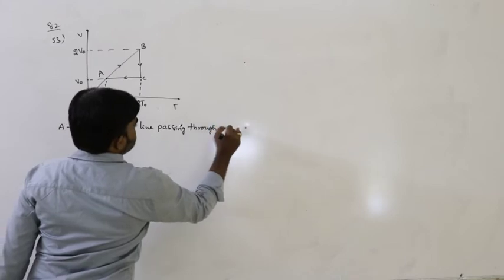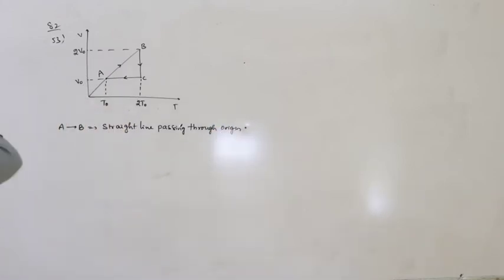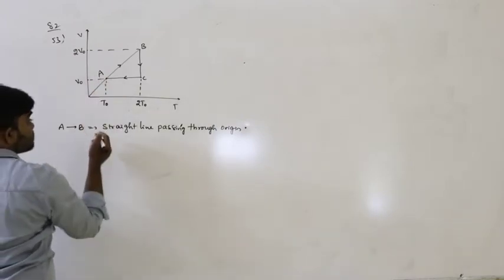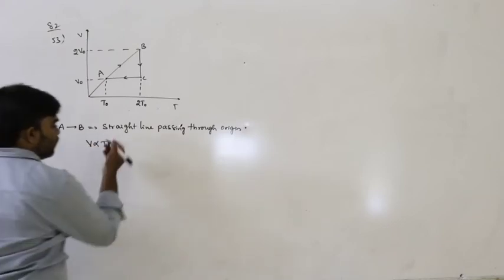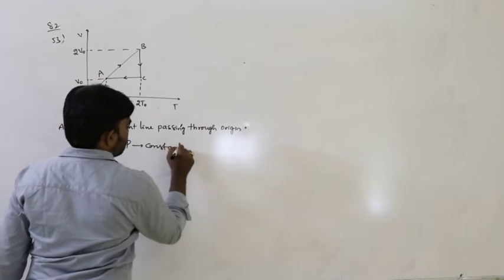Straight line passing through origin. So that is the concept, it is a straight line passes through origin. Now this is the volume temperature graph, that means volume is directly proportional to temperature. When this situation happens, if the pressure remains constant,